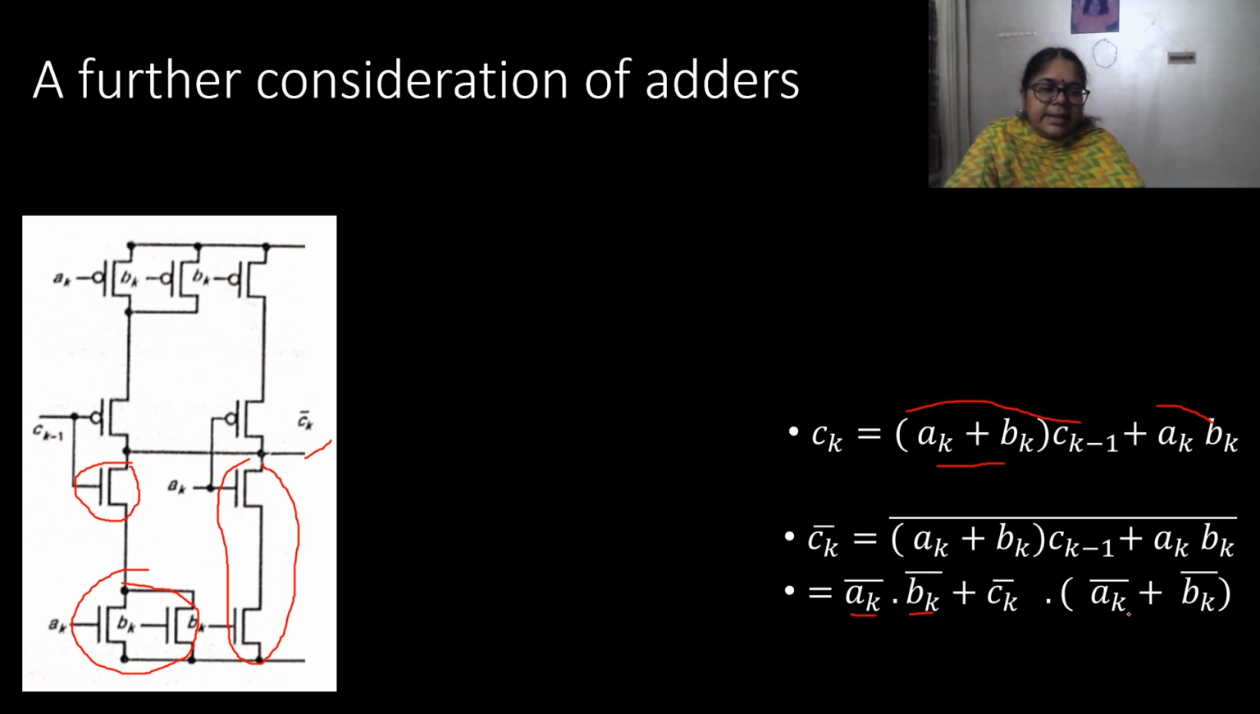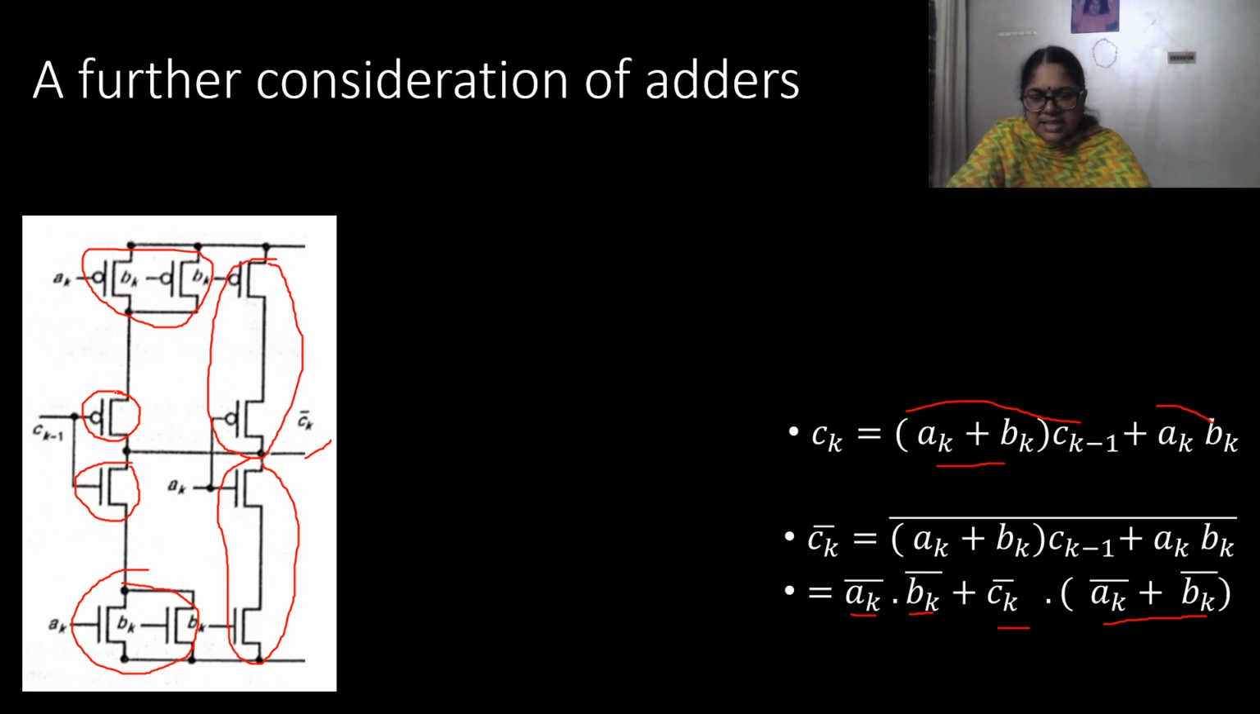So you can see that here we have A bar into B bar. So two PMOS transistors are in series to which A and B are given as input. Similarly, we have A bar plus B bar expression here. So two PMOS transistors in parallel to which A and B are given as inputs. And into C bar is there. So to this parallel combination, we have one more PMOS transistor to which C is given as the